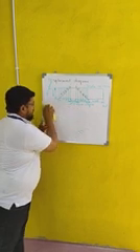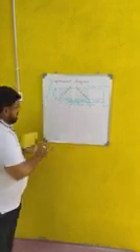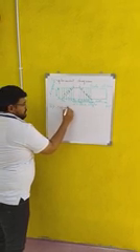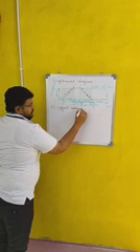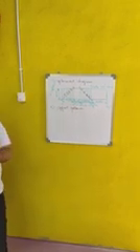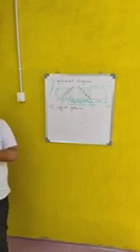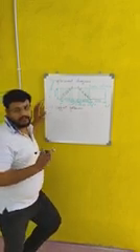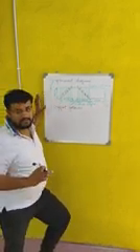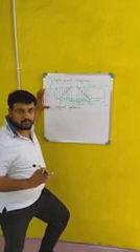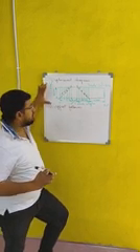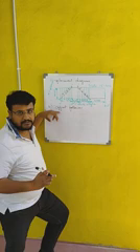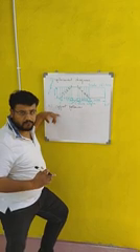Let me erase this and let us start. Offset. Now, as usual, like the radial follower, you have to draw the offset follower, but with a little bit of change. The displacement diagram and everything remains the same, because in the question it is given that the cam follower is moving with uniform velocity. Therefore, the displacement diagram remains the same for both A and B. The only difference is, in the previous case it is given as a radial follower. Now you have to draw the offset follower.